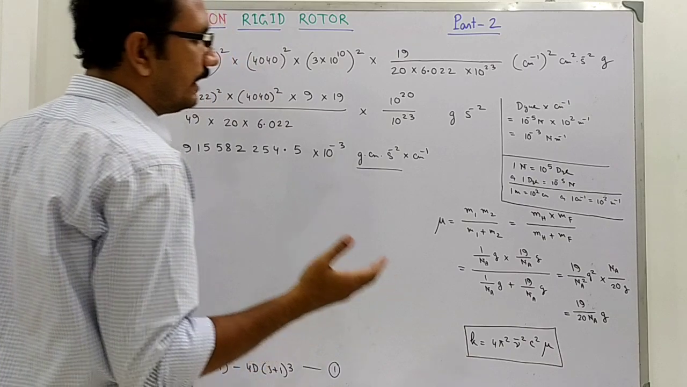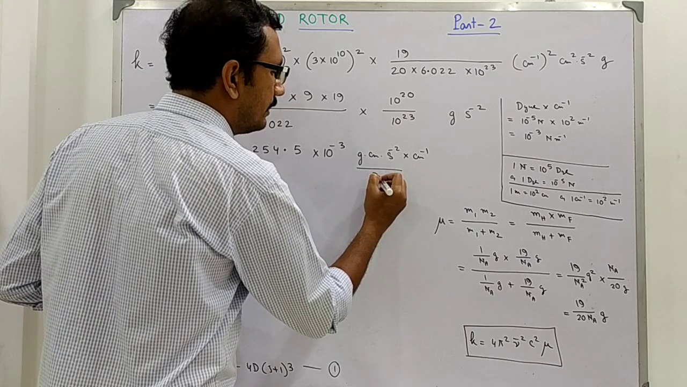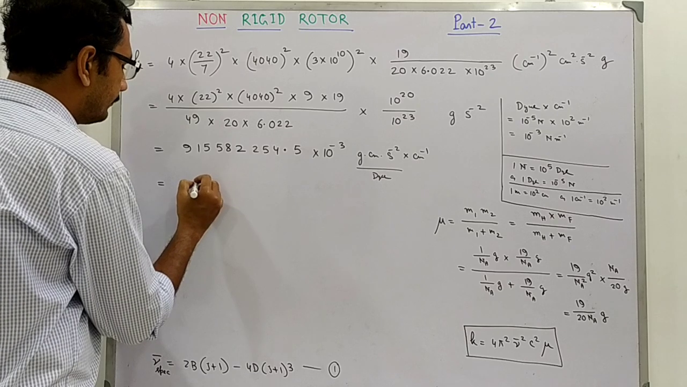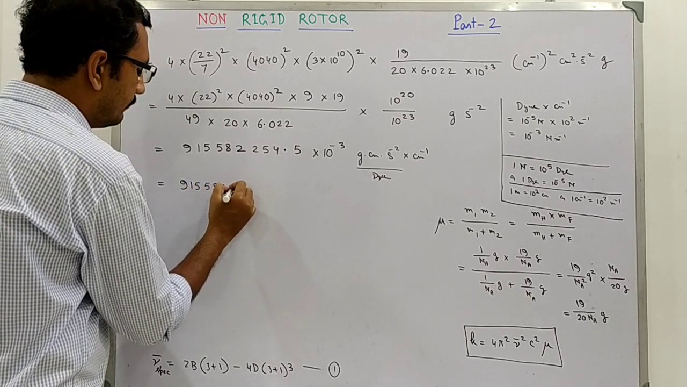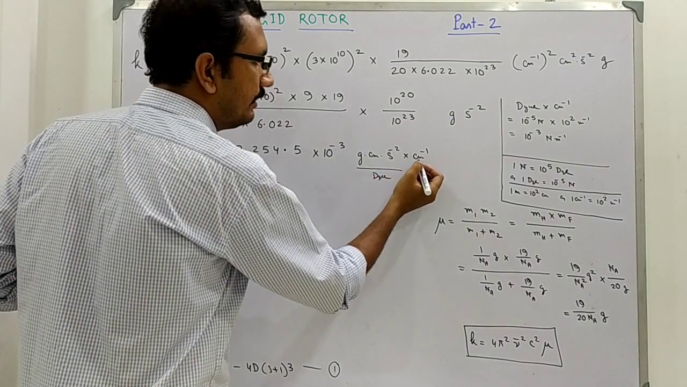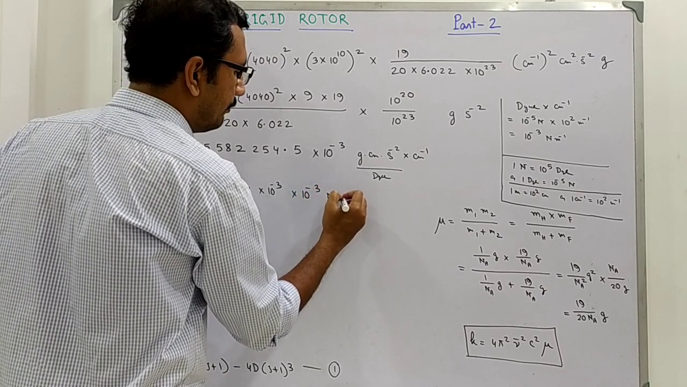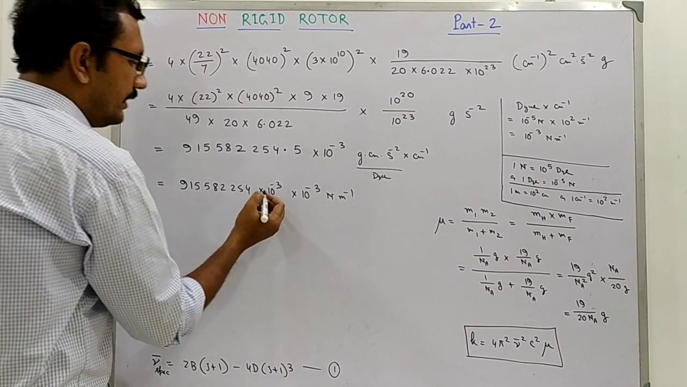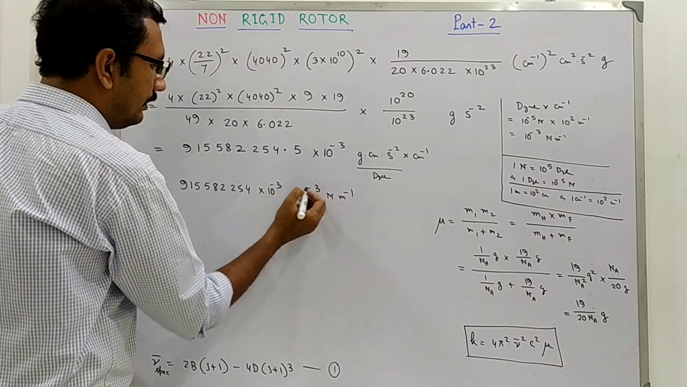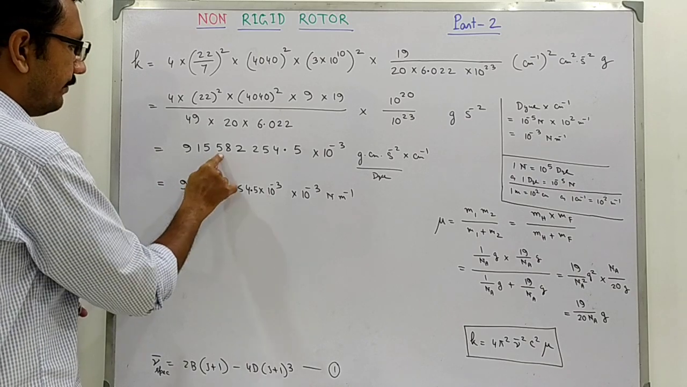So what we are doing, we are actually converting this CGS unit to the SI unit. So this dyne per centimeter is converted to Newton per meter. So it will give us 10 to the power minus 3 Newton per meter. Now these two will combine to give 10 to the power minus 6. Now we have the point here. It is 915,582,254,